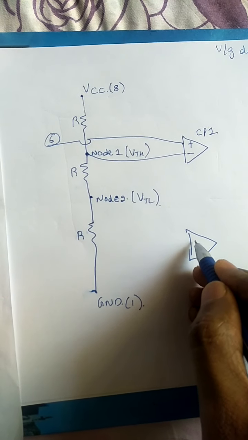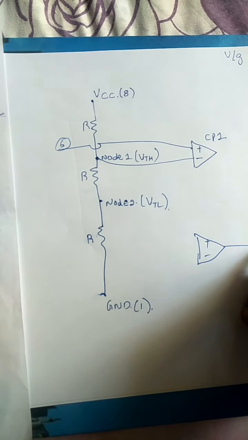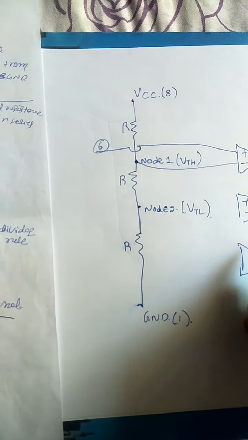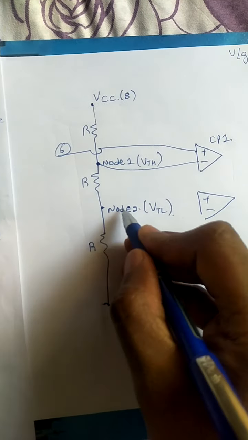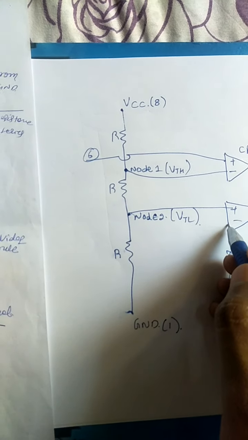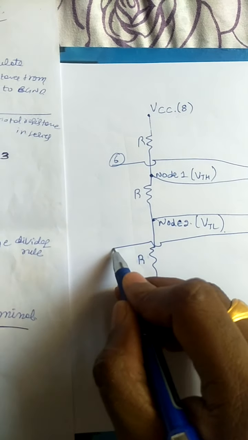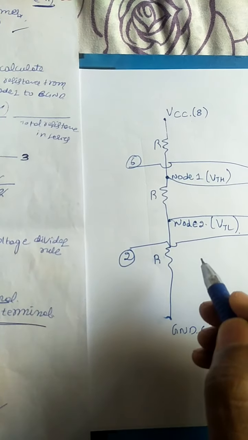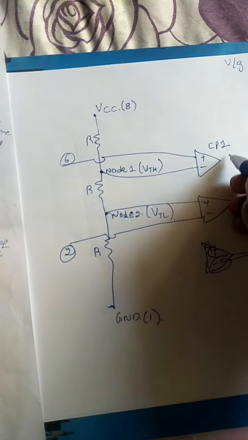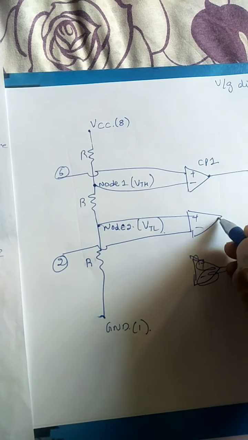If you come to comparator 2, here you have to take plus and minus. Plus is connected to the non-inverting terminal, and minus is connected to pin number 2. And these two comparators' outputs are connected to